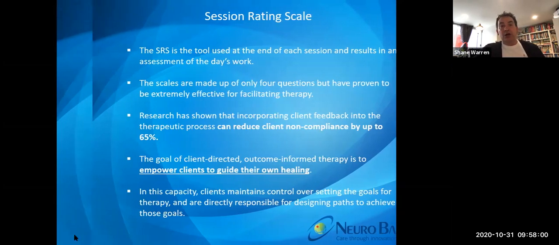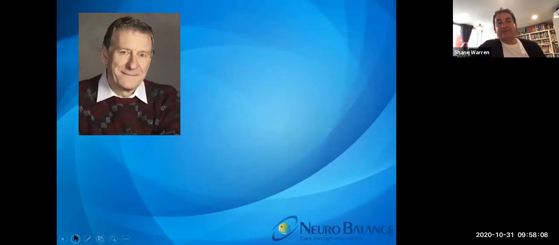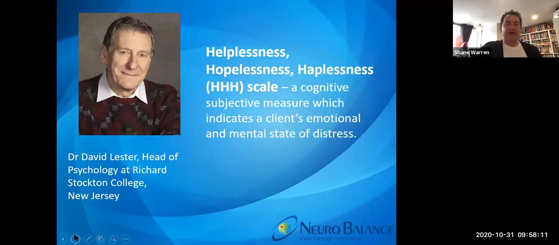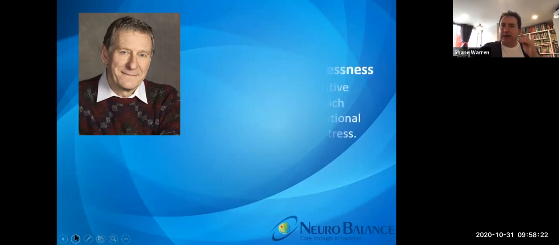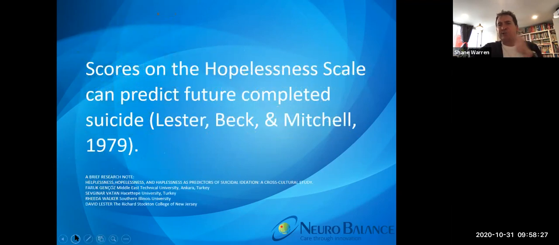Moving along, we also have Dr. David Lester's Hopelessness, Helplessness and Haplessness scale, or the triple H to make it much easier. This is a very tried and tested scale, around since the mid-70s. It's a cognitive assessment, but it's written in a way that has a little bit of the double furphy. You sometimes have to read the question twice to really understand it, because it's not designed so you can just click, click, click, and rush through. That's the reason I've incorporated this over other cognitive suicide risk tools.